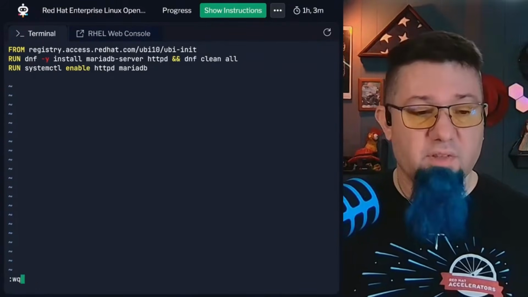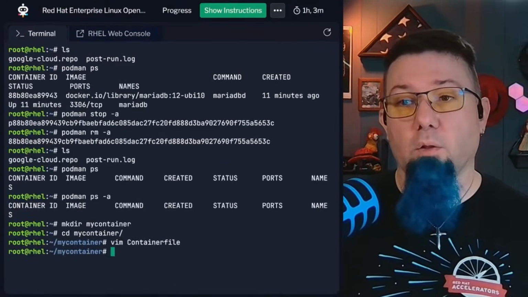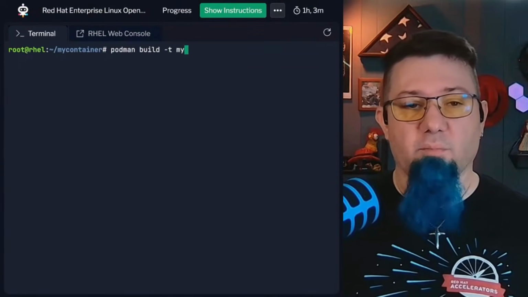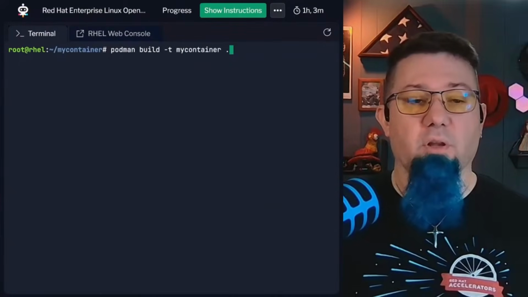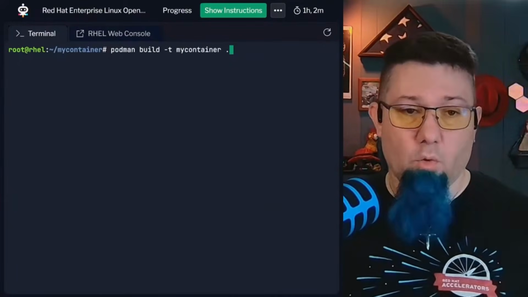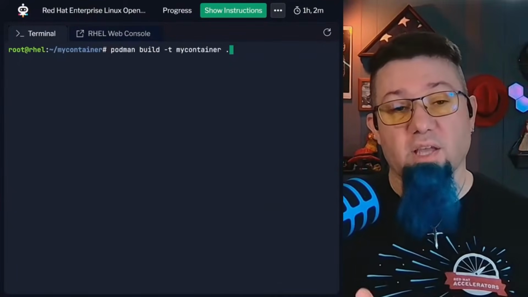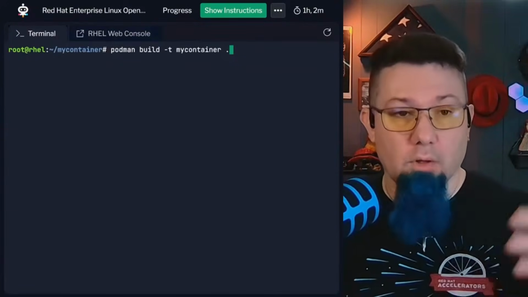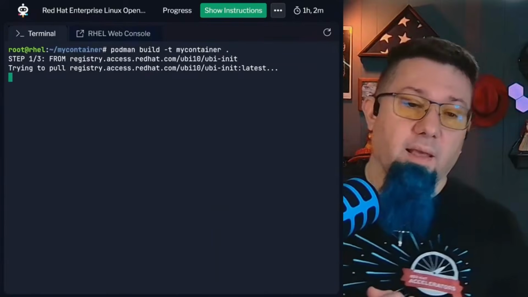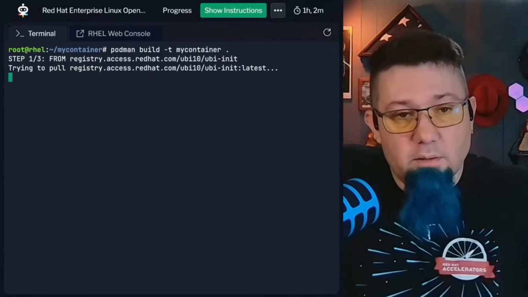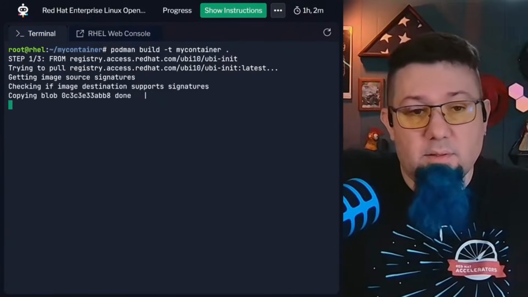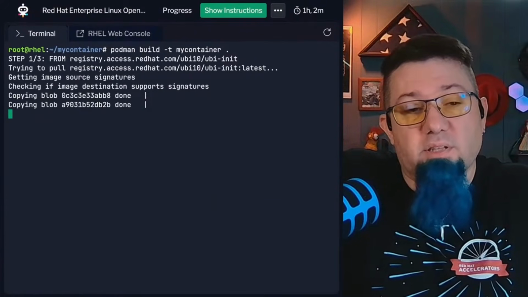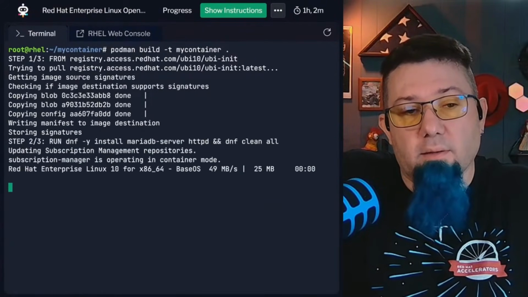Now, we're going to save this, and then we're going to build this container image. We're going to give it a name of my container, and we're going to give it the build context of the current working directory, just dot. So you could say, if this was in a subdirectory of where you are, you could say /container directory, whatever, right? But anyway. This is going to pull in UBI Init,